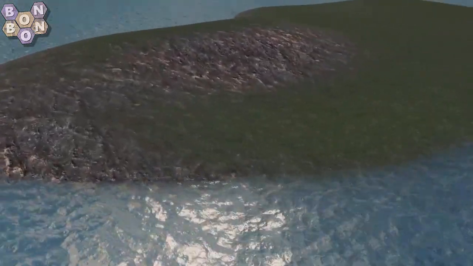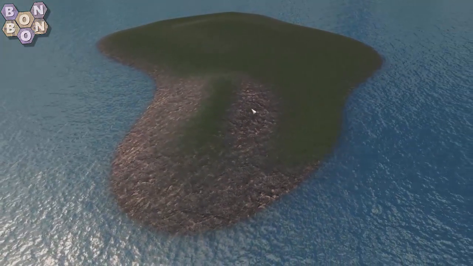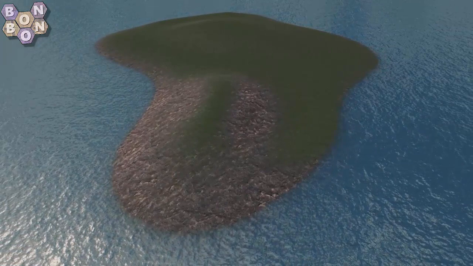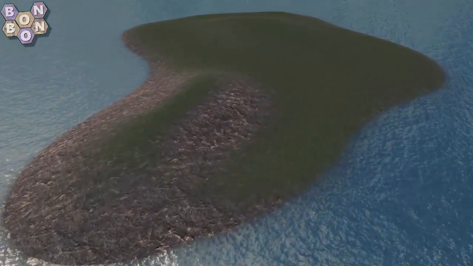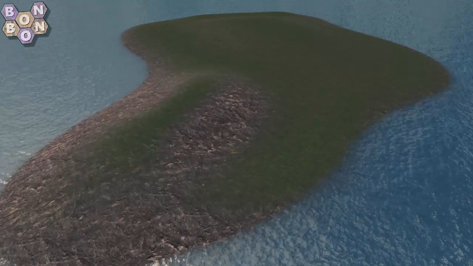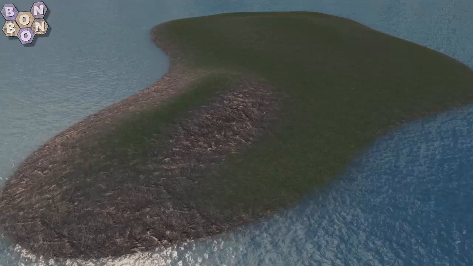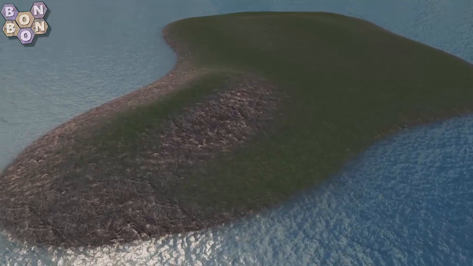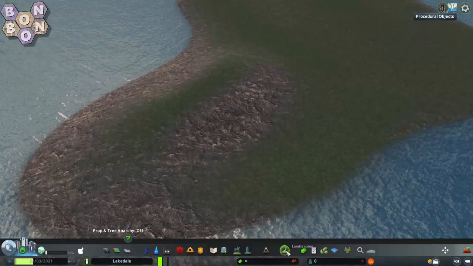I'm not really going to go for what I feel would be a realistic cliff formation here. I'm just going to show you how to get the cliff effect at the best possible quality very quickly, and then it's up to you to work these into your map or city builds to be as effective as you can. So what we're going to do is go into the terrain editor down here,